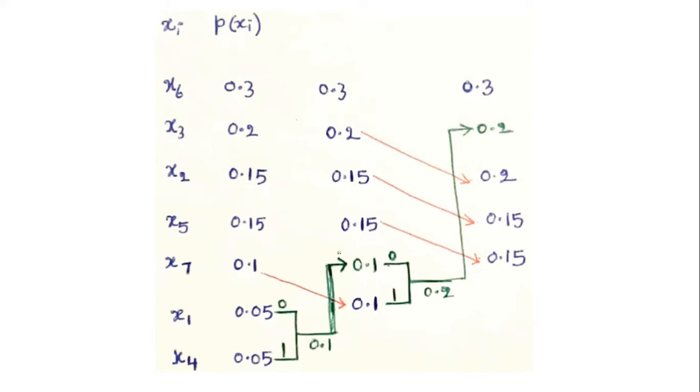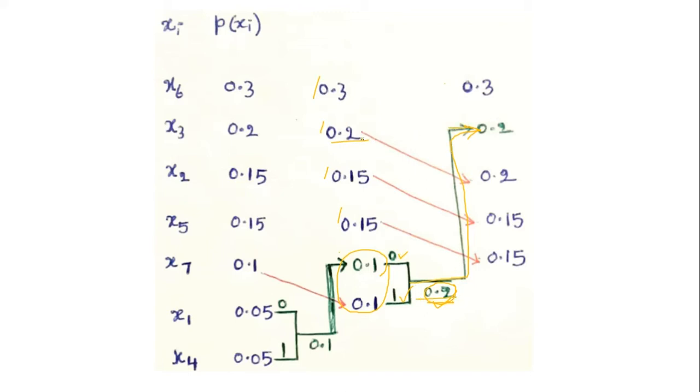And again we combine the lowest two probabilities to get 0.2. Similarly we assign 0 to the upper branch, 1 to the lower branch. This 0.2 we compare with the remaining probabilities. Where to move this? In order to move, we compare the new probability with the probabilities remaining in the list. So 0.2 we move to this position. We cannot move here because 0.3 is much greater than 0.2. 0.2 and 0.2 are equal, no problem.